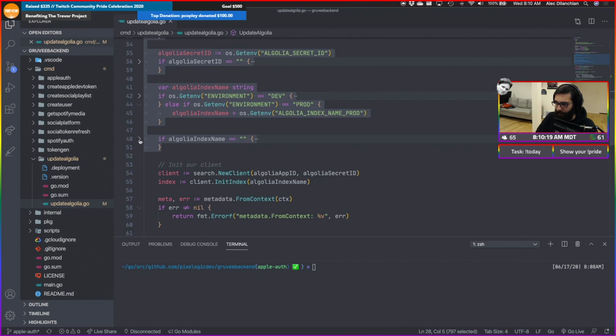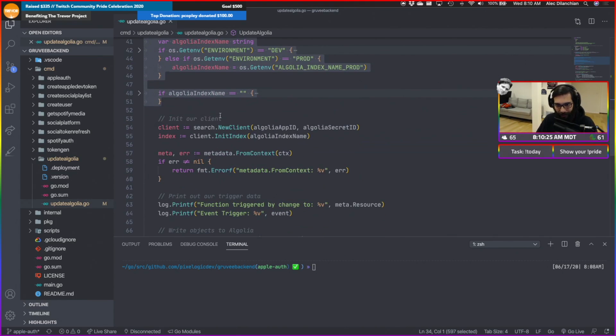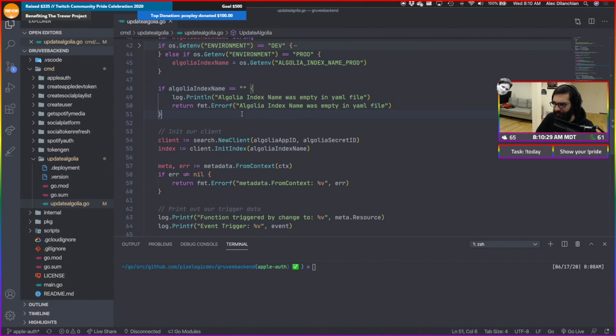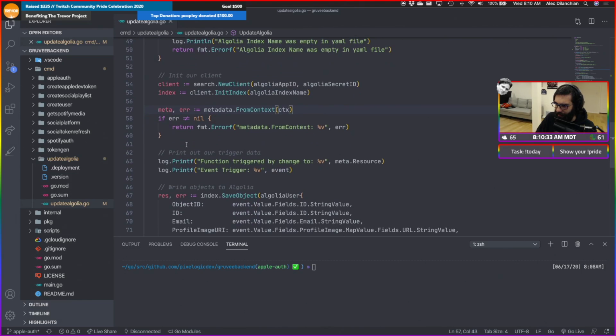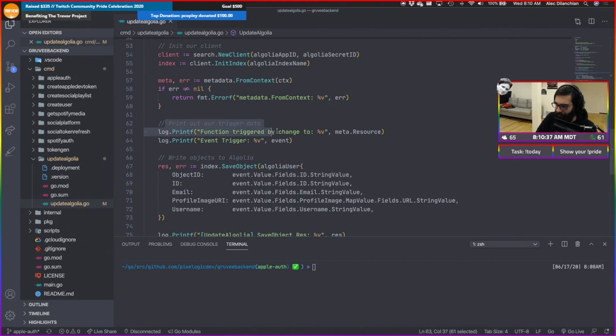I guess, no, this is okay to stay here. We don't need to separate this out. Literally, this is all this function does. So I guess it's better to read it kind of inline like this. Okay, we do that. Index name. Do that. Okay. And then print out function triggered by change to blah. And then here's the event.